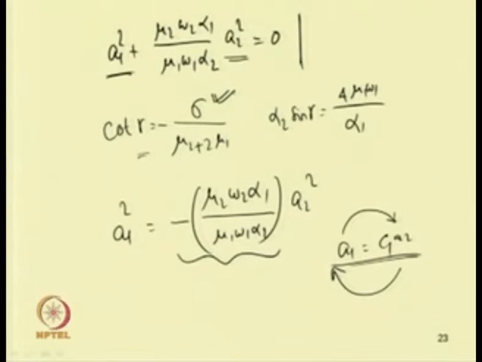one can get A 1 and A 2, and these A 1 and A 2 are related by this expression. So, in this case we have seen, though there is no external force, due to this internal resonance, that is when omega 2 is nearly equal to omega 1, A 1 and A 2 are related. That means there is some energy transfer from the first body to the second body.